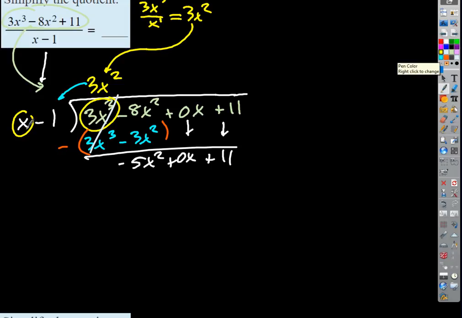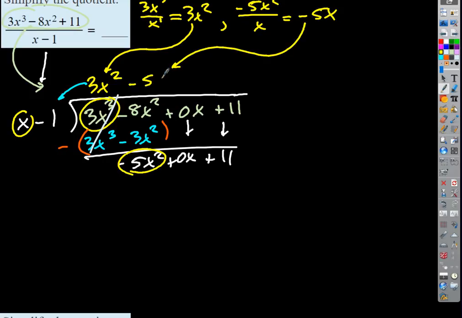So now I got to divide x into negative 5x squared, right? So what is negative 5x squared divided by x? Negative 5x, right? Good. And so that becomes the next term of my answer. What do I do when I get a number up here, or in this case a term? Multiply, right? I multiply out front. Okay. So negative 5x times x is